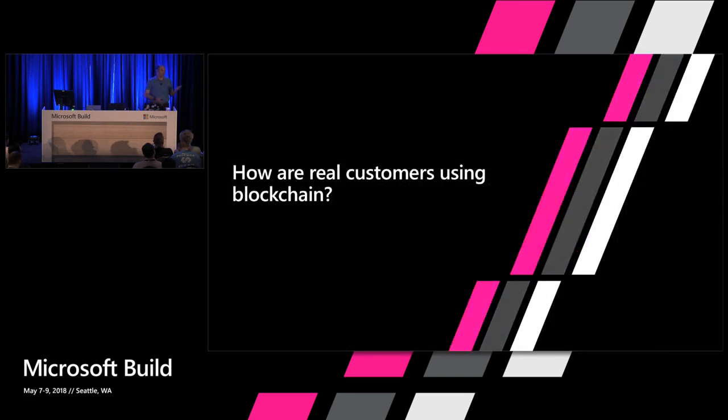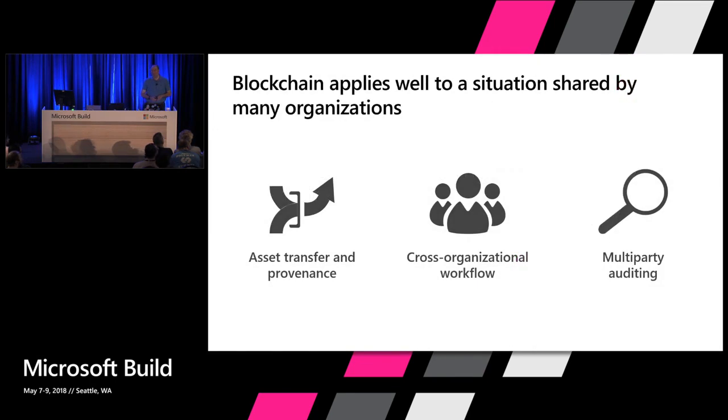Let's talk about what our customers are doing, because I think it's a pretty interesting set of things. These scenarios that our customers are touching on fall into really three categories. The first is they're tracking the provenance of an asset. It could be a physical asset, like something flowing through a supply chain, or it could be a digital asset or a financial asset. And they want to have the ability to pass it around. Bitcoin, I think, was the first cryptocurrency asset that you saw with this pattern, but it could be any kind of asset.